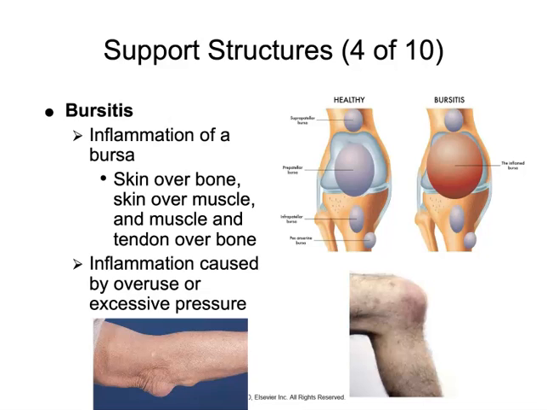And so this could be caused by overuse, or maybe we've got excessive pressure within the area. We can also have things like infection or autoimmune diseases cause the bursitis, and the inflammation that develops within it can cause swelling. And if we have an infection going on, we can get that warmth, redness, and severe pain. So areas where we tend to see this are the shoulder, the elbow, which you see pictured over here, over that olecranon process, areas like our hip or the knee,